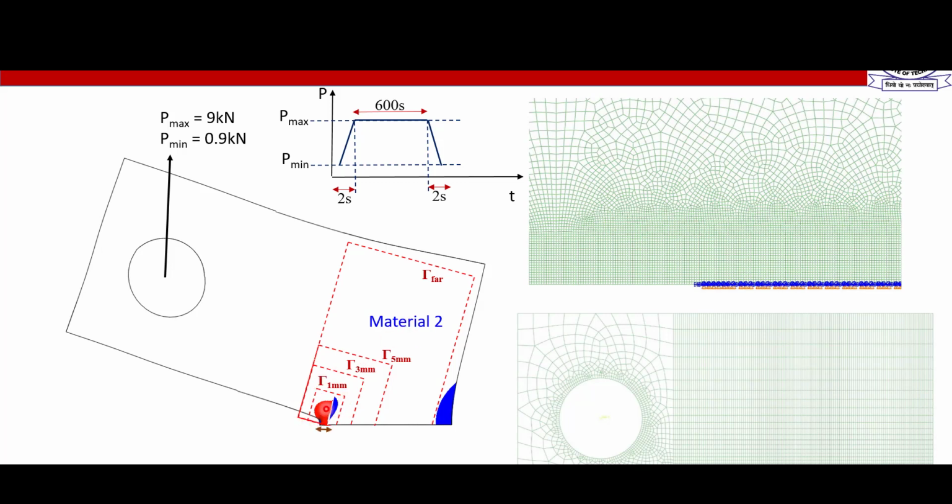So if I want to make a contour which is 5 millimeter away, and if I have a very refined mesh, then if I'm using the default method of Abaqus, which is an FEM software, I will have to tell Abaqus that, depending on mesh size, I need to make 500 contours to reach 5 millimeter away from the crack tip, because it will be adding one layer after one layer in each contour. So you can imagine that for 500 contours, it will be calculating this integral, and this will be computationally very costly. So you can also define a node set, and you can tell Abaqus to calculate the contour integral on